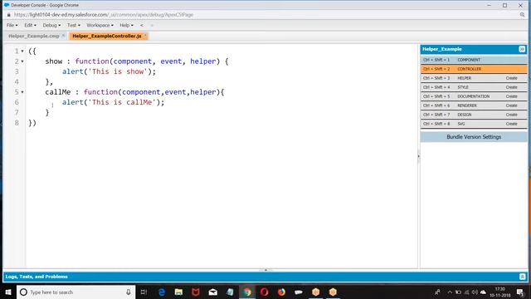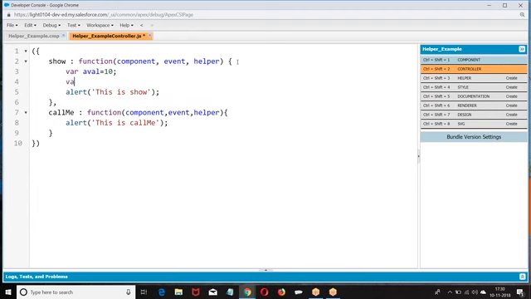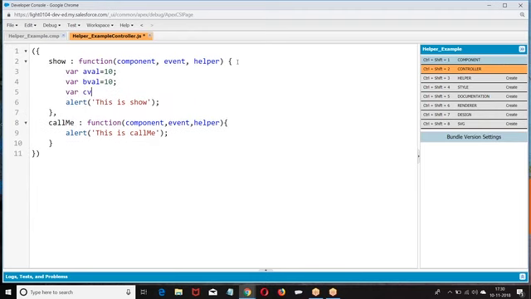Let me make it a simple one. For that matter, I will take a value equal to 10, b value equal to 10. So we are giving an alert, this is the total I have given.